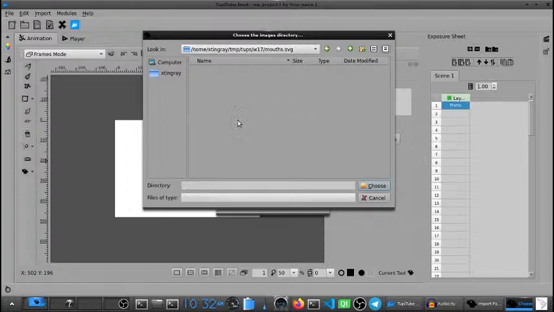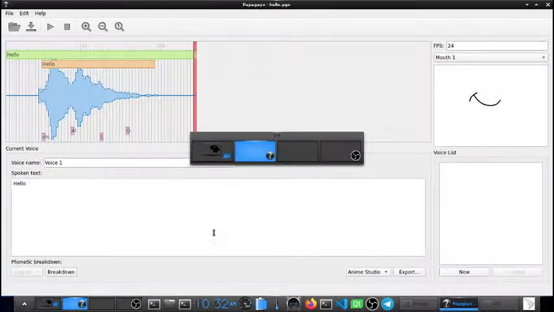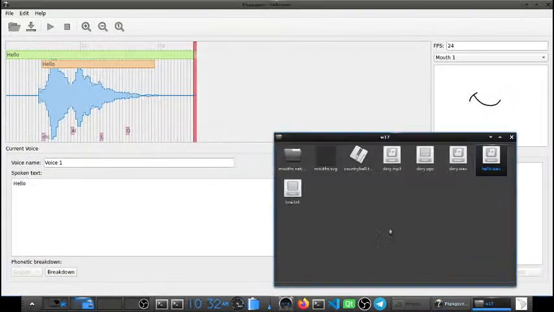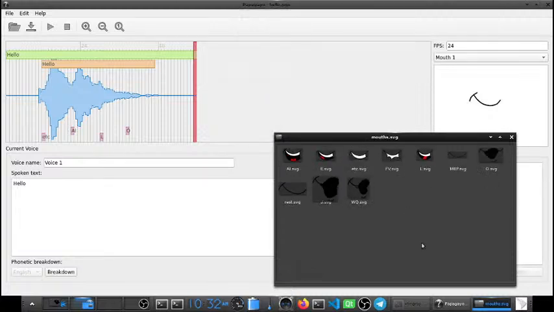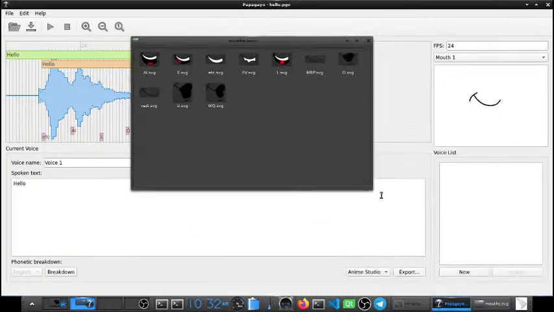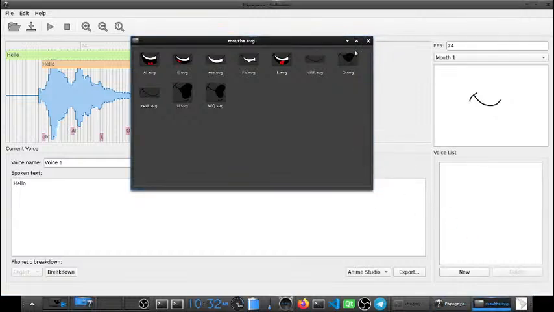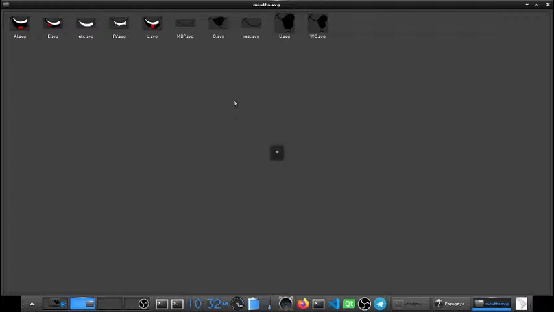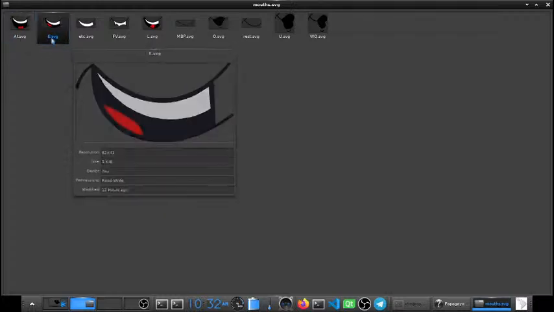In this folder, what is in this folder? And this is really important. Let me show you. This is my collection of mouths, and this is something that I forgot to mention. When you are going to create your mouths, you have to pay attention to the name of every file.